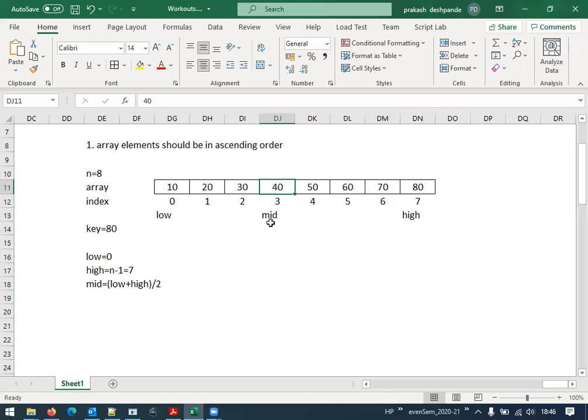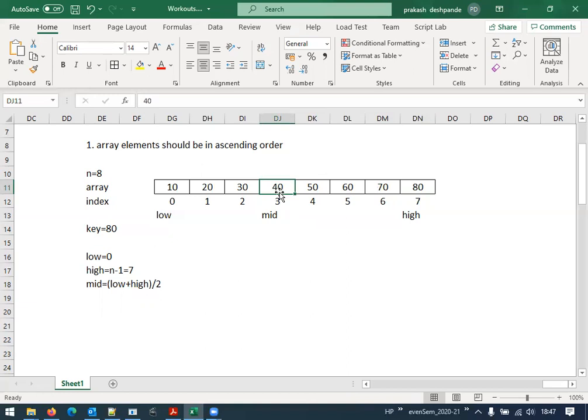Since they are not equal, now we need to search either the left side of this 40 or the right side of the 40. Why? Because all these elements are stored in ascending order. That means the element at the 0th index, on the left hand side, is the smallest element, and the element at the right hand side, at the high position, is the largest among these elements, and the mid position is 40, right?